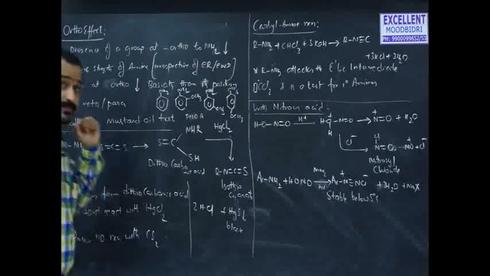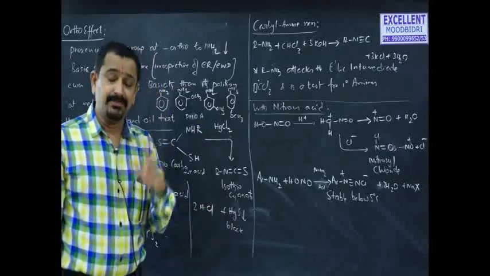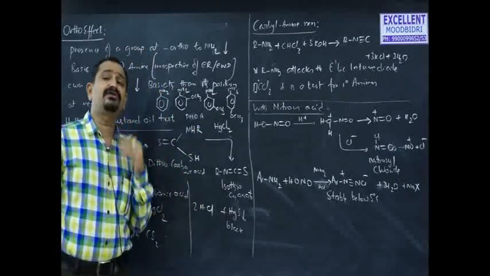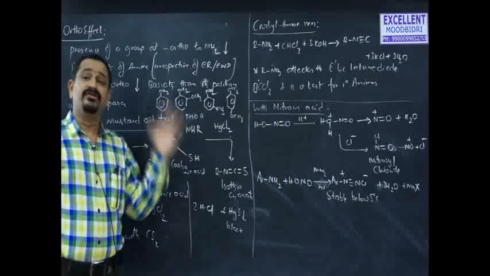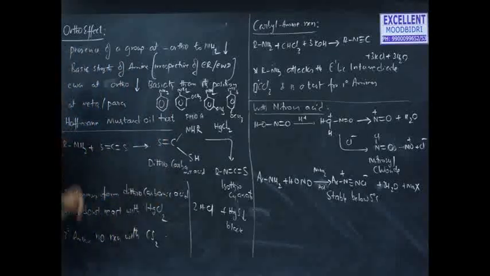An electron withdrawing group usually decreases the basic strength, but this decreasing effect is more if its position is at ortho than at meta and para. And when it comes to the next test for differentiation of amines, Hoffmann's mustard oil test,